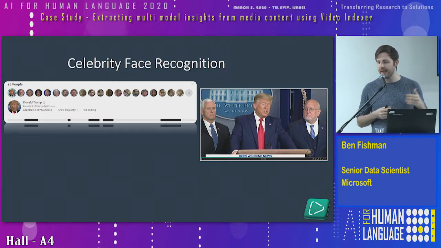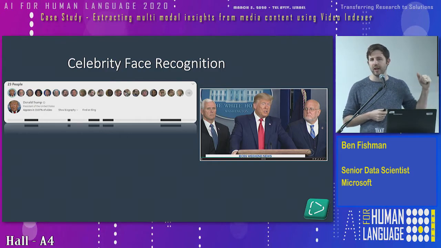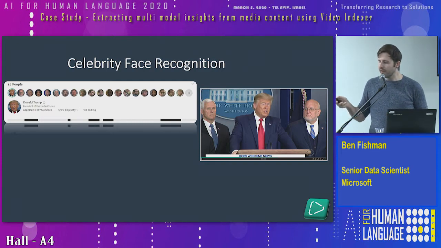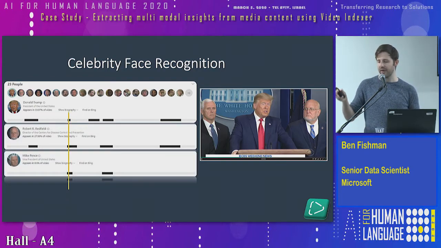Video Indexer detected 23 people in this particular movie, and it recognized Donald Trump as the President of the United States. You also see 2 other people in this frame, and Video Indexer indeed located them as well and recognized them as Robert Whitfield, the director of the CDC, and the Vice President, Mike Pence.